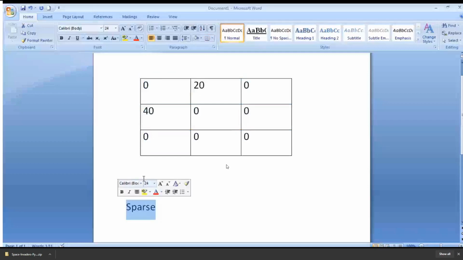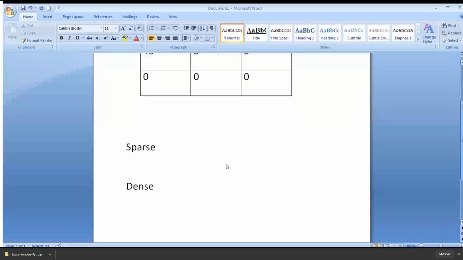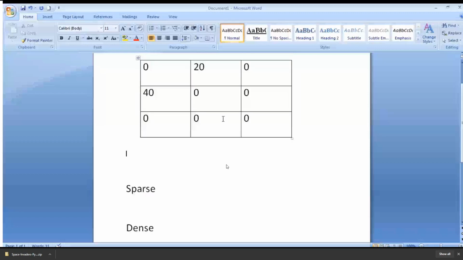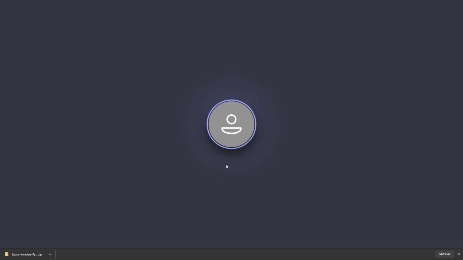Okay, the definition: a sparse matrix is one in which most of the elements are 0. If this case is not applicable, it is called a dense matrix. Dense matrix means hardly any zeros are there, more positive numbers are there. Okay, now how to represent this sparse matrix? I'll again shift the screen. Just wait. I hope you're getting the definition of sparse matrix. Yes, no? Yes, teacher. Yes, okay.